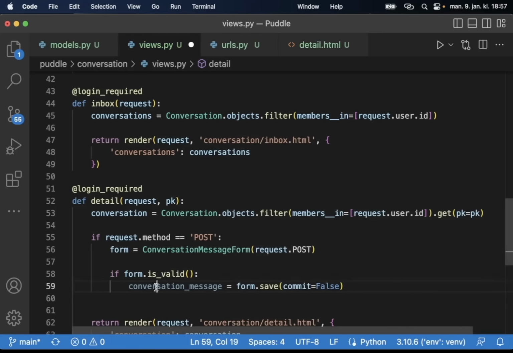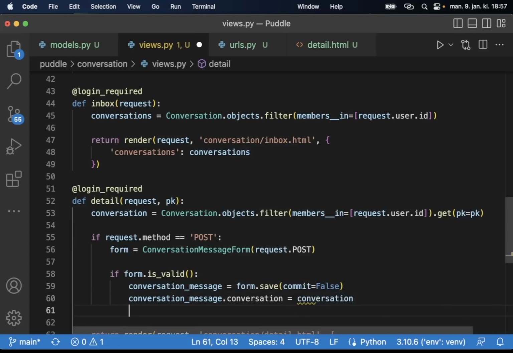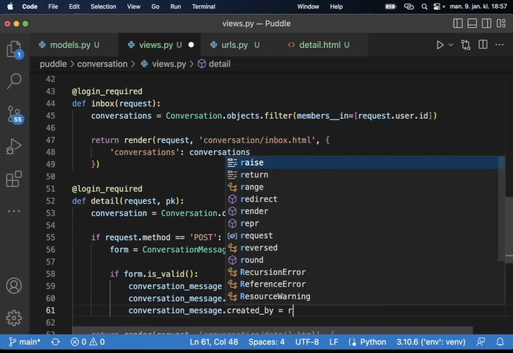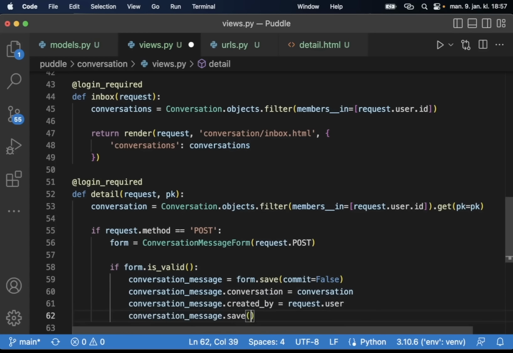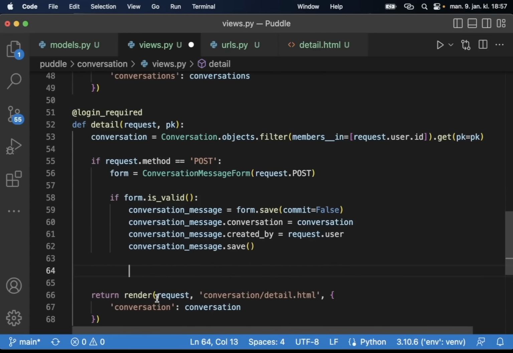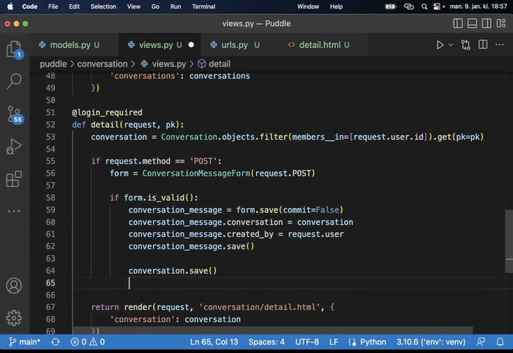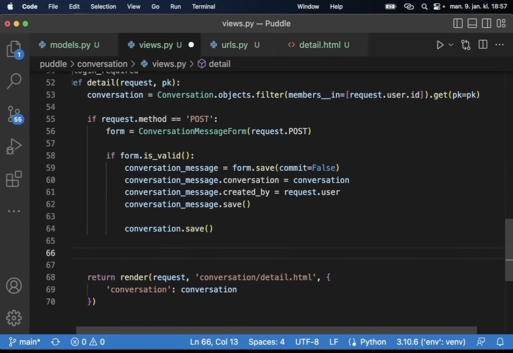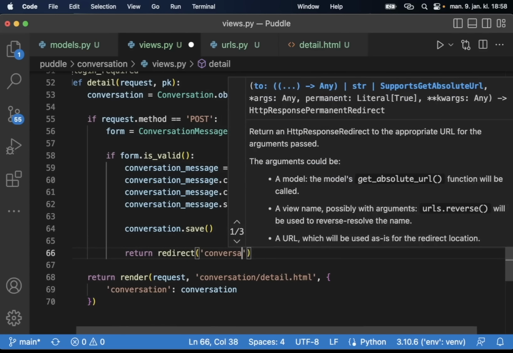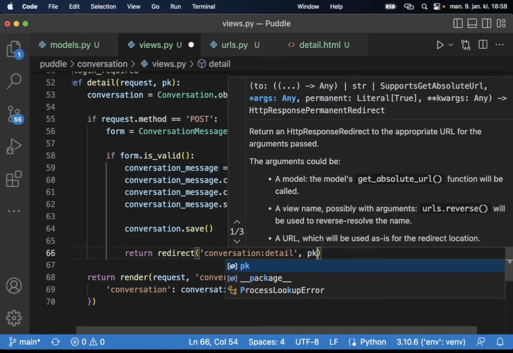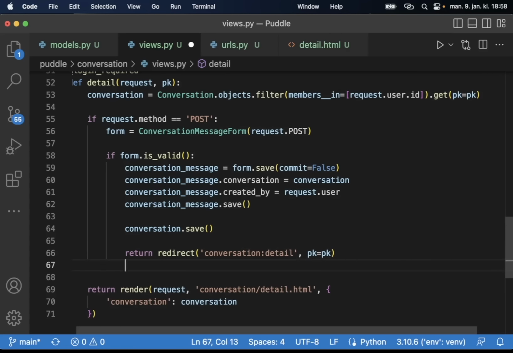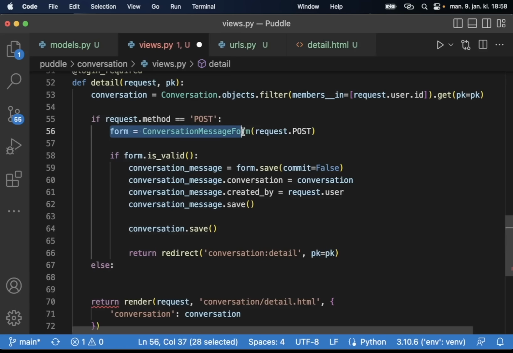So conversation message equals form.save, and we need to say commit equals false. And then we need to set a link up to this conversation. And we need to set who created it, or created by equals request.user, and then we save it. And to update the modified date of the conversation, we can just say conversation.save, since we have it already up here. And when that is done, we can redirect the user back to the conversation page. So return redirect conversation:detail. Set the primary key to be primary key, and else we just create an empty instance of this form